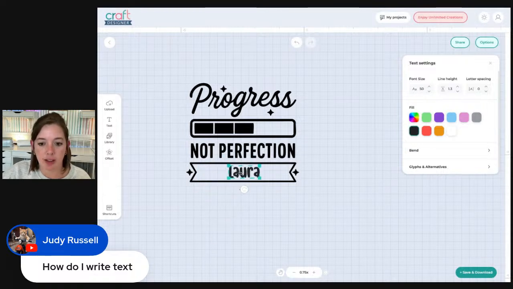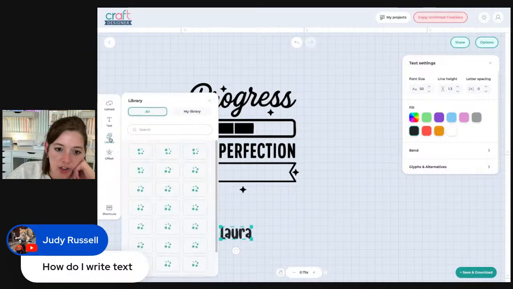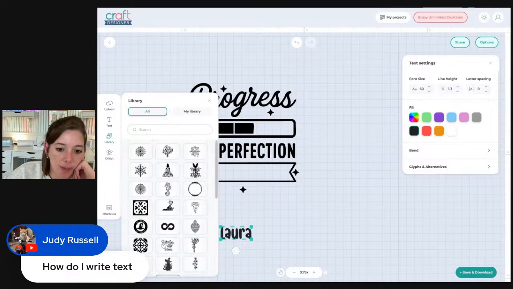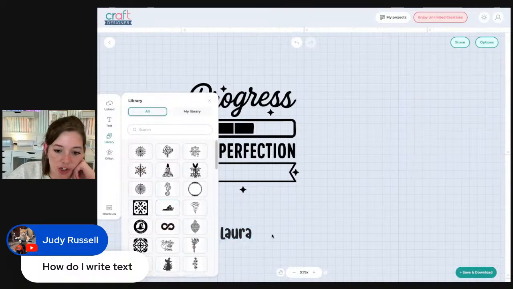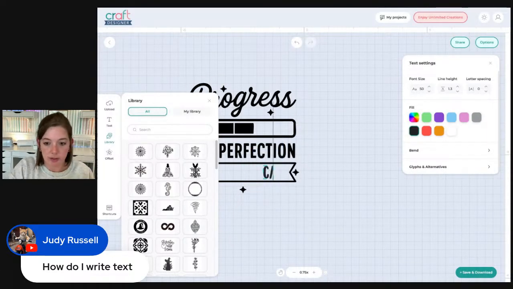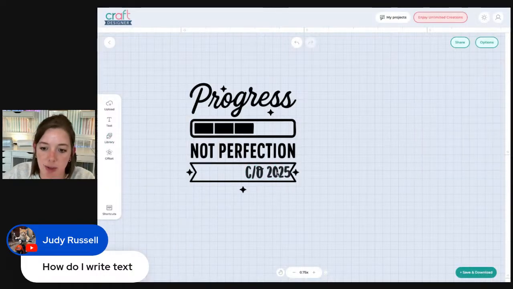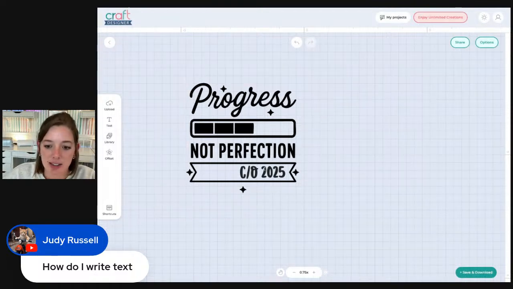I don't know that I like just having my name on this. What else do we want to add? Trying to think of other fun stuff that we could do. There's so much. You can also go to the library and pull in new elements to your SVG, which is always fun. I'm going to steal your idea from earlier, Anna Rosa, because I like it better than having my name on there. So I like it over to the side.